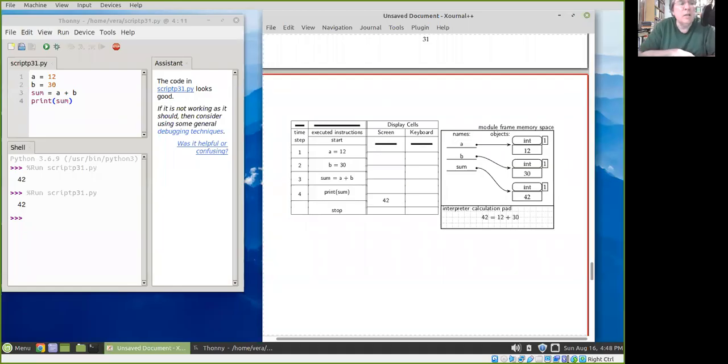Okay, let's see how to fill in paper Python diagrams in order to understand how simple Python scripts work. This is from the algorithms chapter, chapter 1, and on page 31, a simple program is listed. I've already typed it into Thonny, and we have A gets the value 12, B becomes the name of 30,